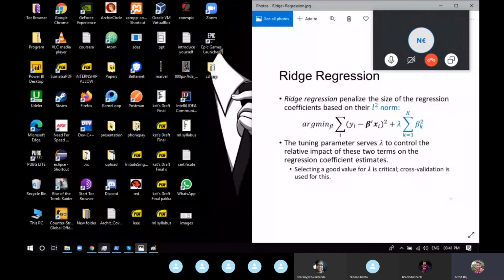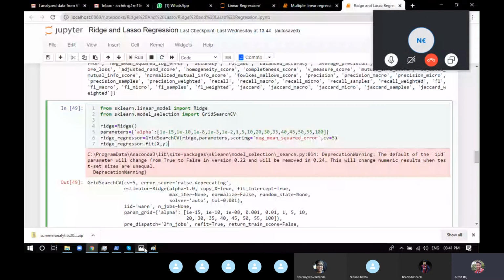What we do with grid search CV is we provide the parameters, the values you think will be the best. As I've told you, in ridge we have the cost function as the summation of (y minus y hat) whole square plus alpha times m square. To find the value of alpha, because we don't know the best value, we try with every value we can think of. So we provide 10 to the power minus 15, 10 to the power minus 10, 10 to the power minus 8, 10 to the power minus 3, 10 to the power minus 2, 1, 5, 10. We have different numbers that we try.